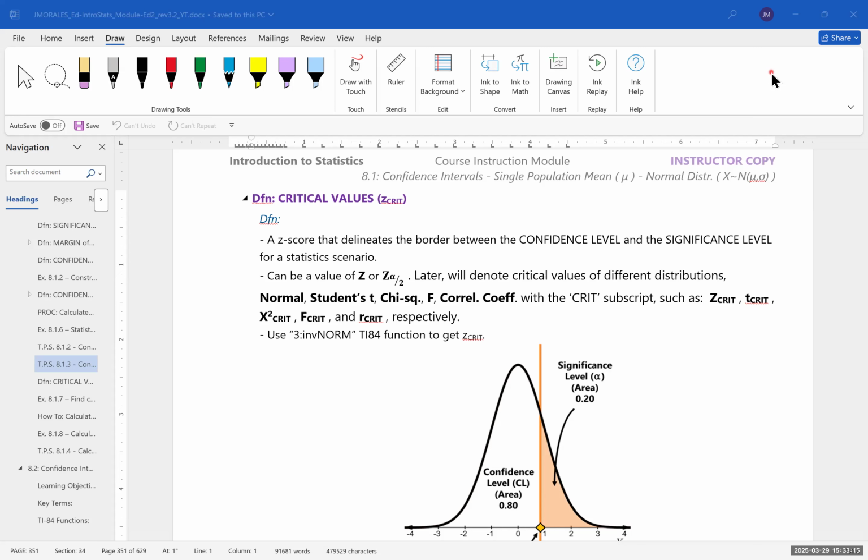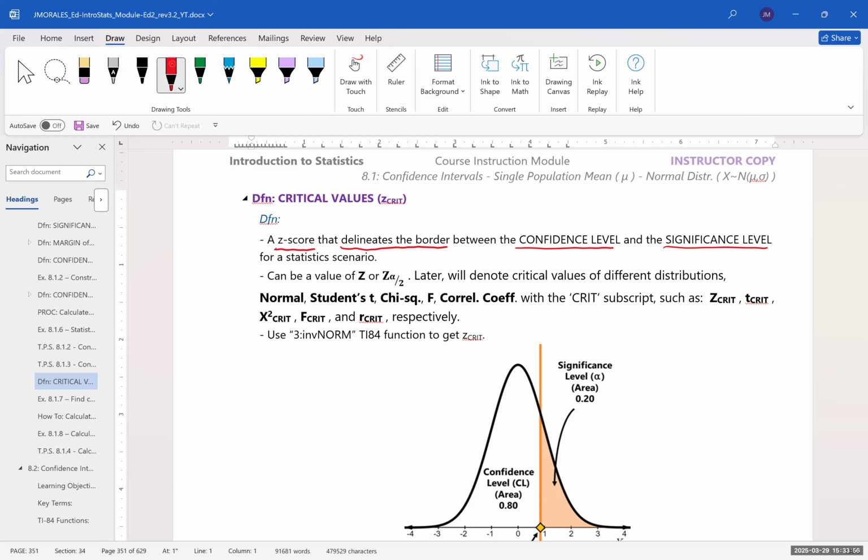All right. A critical value was something that I identified when we talked about confidence level and significance level. So let me just talk a little bit more about that, and again, specifically talk about how you find it. Okay. So a critical value is a z-score that delineates the border between the confidence level and the significance level for